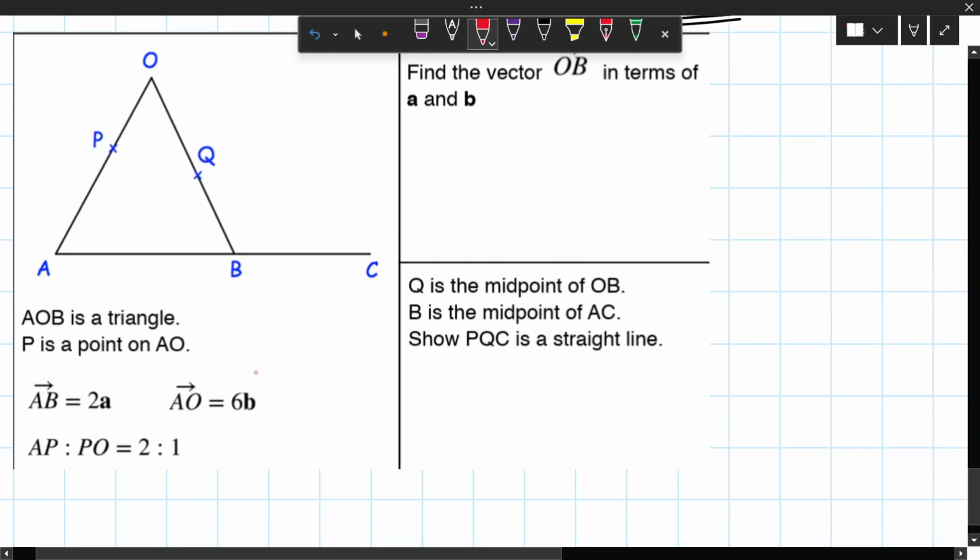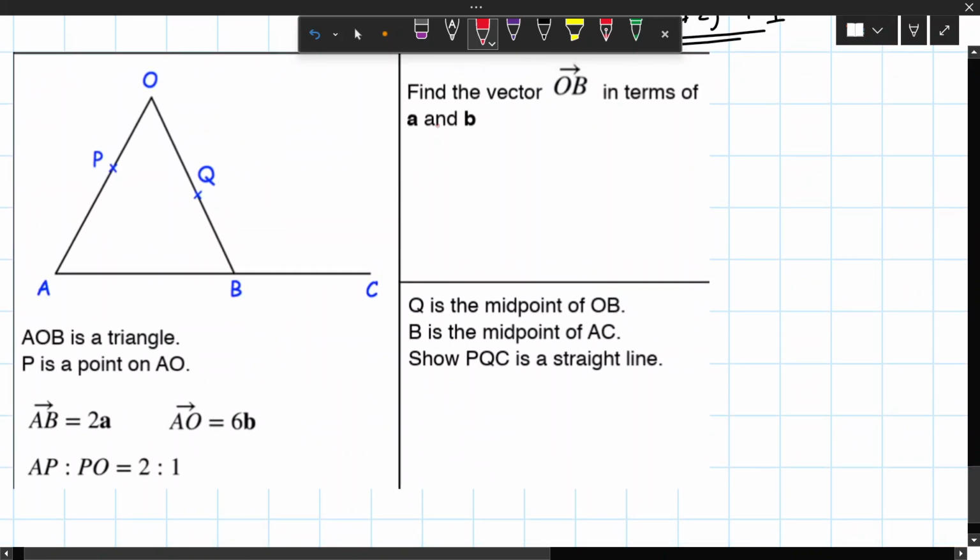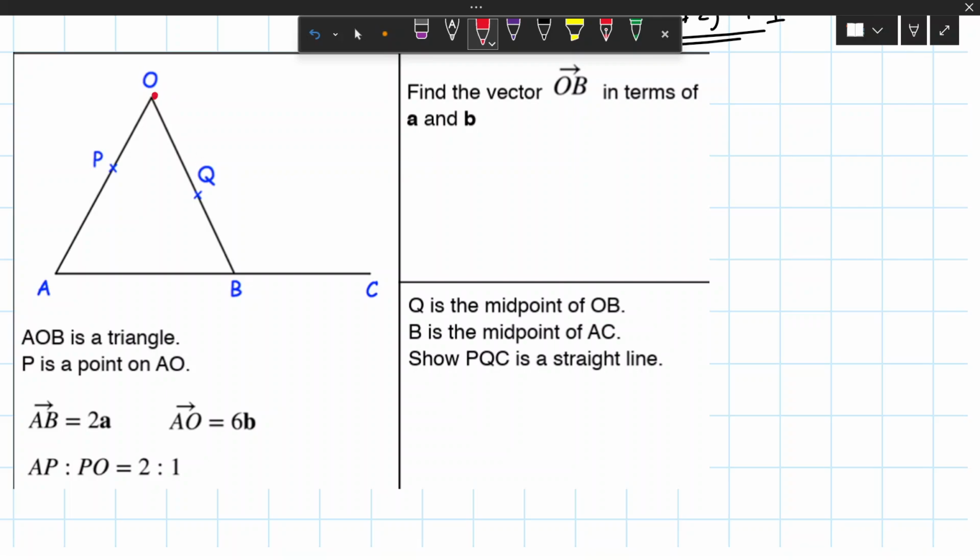Got another question from vectors. So first question is, find the vector OB in terms of A and B. So I need to go from O towards B. So first I know that AB is 2A. So let me draw an arrow there to show that AB is 2A. And I know A to O